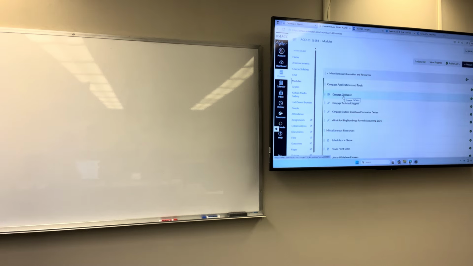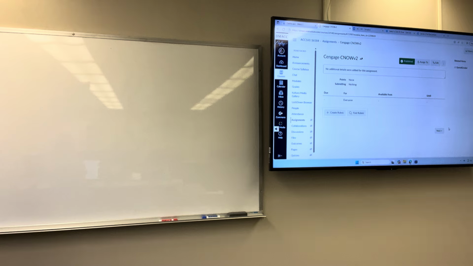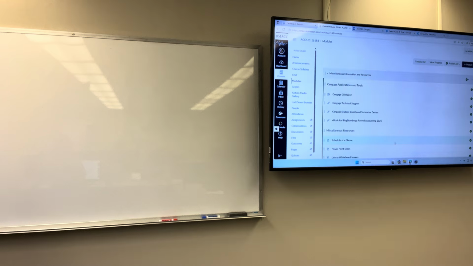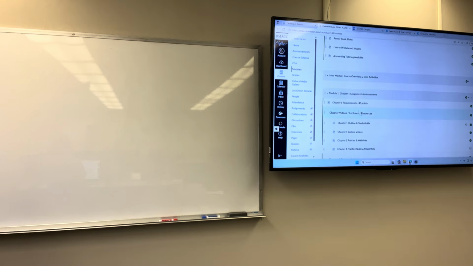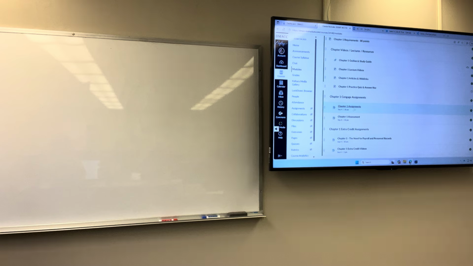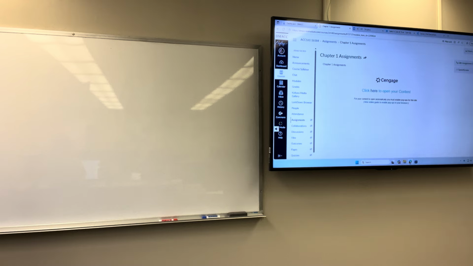So let's take a look at your textbook and what this is going to look like. The first thing you're going to do, all you have to do really is click on this. Oh, except it's not there. Where is it? All right, hold on a second. All right, so it should have looked like this. I don't know, for some reason that's not there.